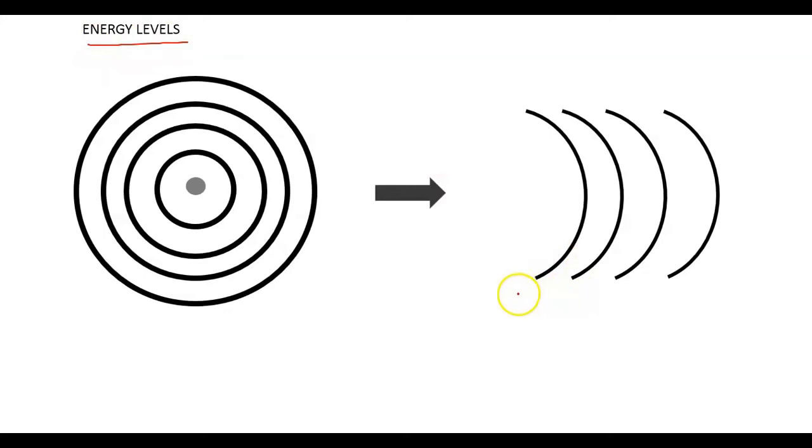Just repeating it once again. This is n equal to 1, this is n equal to 2, this is n equal to 3, and this is n equal to 4, and so on. Here there are 4 shells, you can see here. This is 1, this is 2, this is 3, and this is 4. That's why I have added these 4 main shells. And the main shells can be called capital K, capital L, capital M, capital N, and so on.